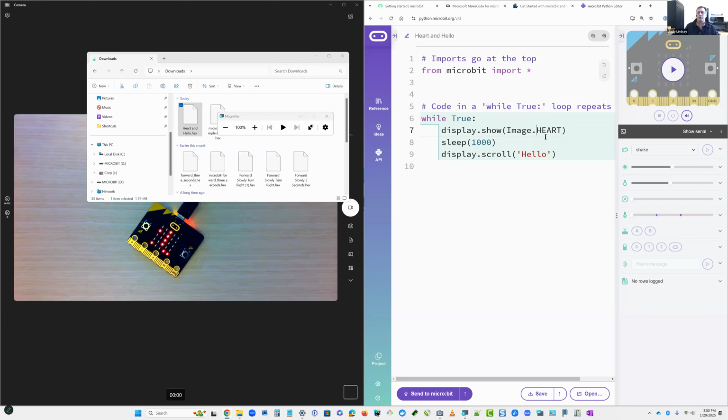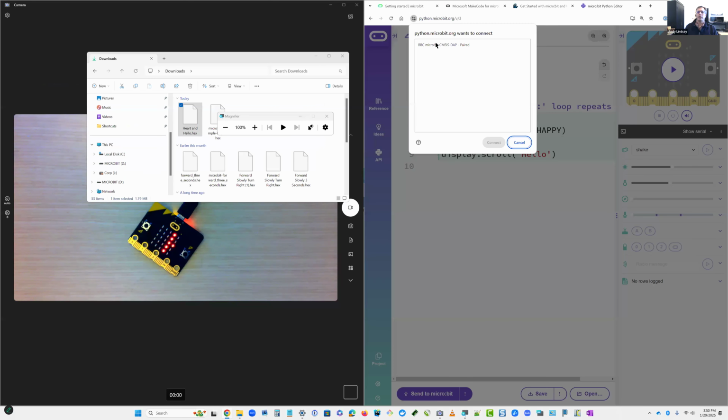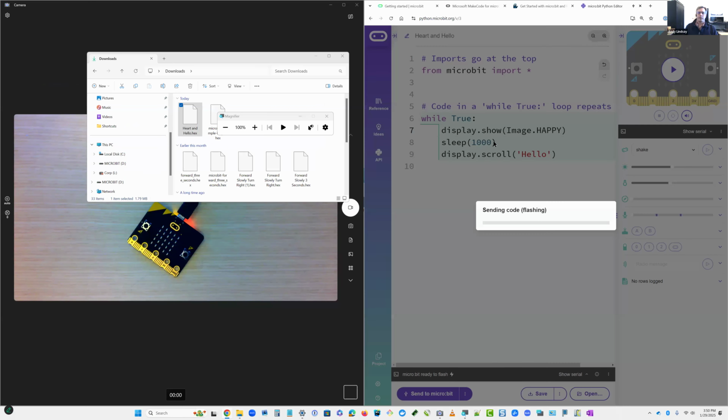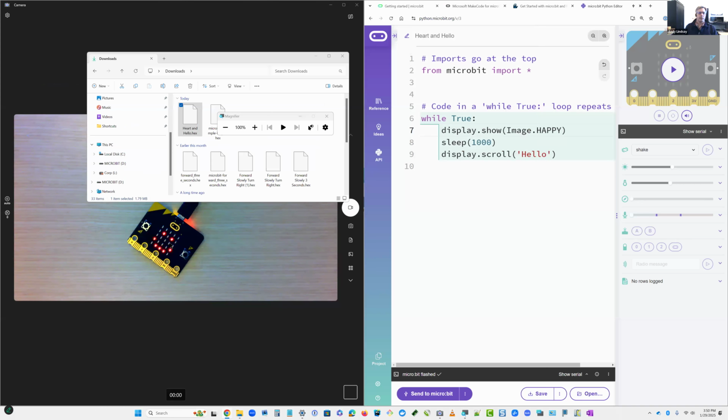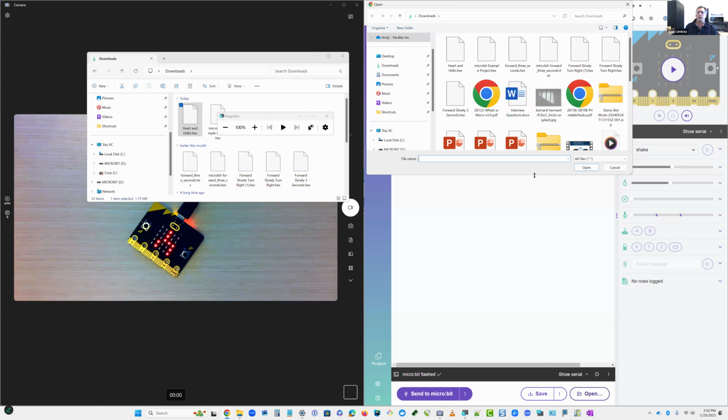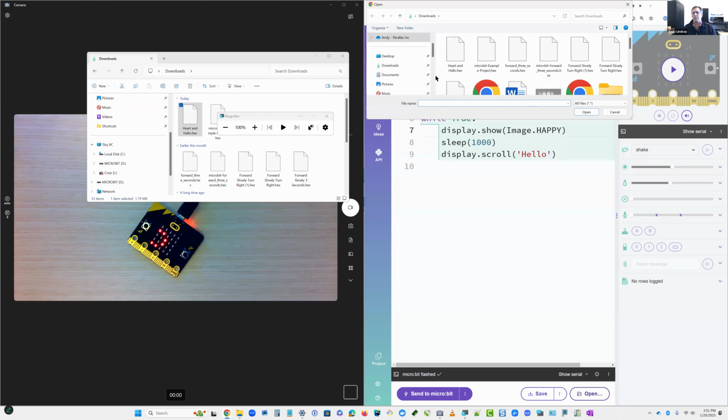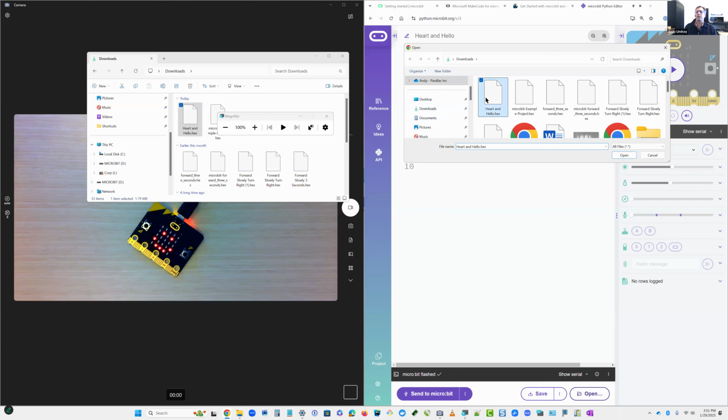So if I change this to happy and hit send to microbit, need to pair with it. And then now we have happy and hello. And if I want to open the file that I saved, I hit open and you basically get your same file open dialog, and we're in downloads, and here is heart and hello. So it's displaying a smile. If I open this and run it,